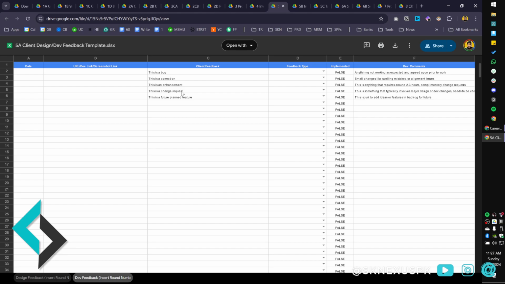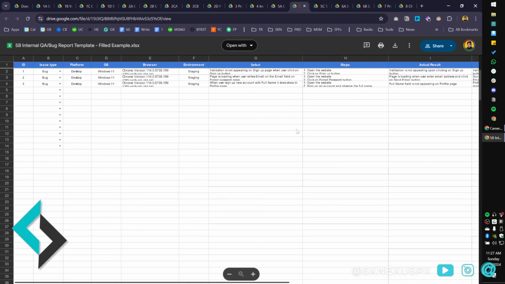So you have a track record of what kind of feedback you're working. If it's bugs mostly, yeah, then you have to solve it because bugs are always on you. But corrections and all this small stuff, you can do it for free for a while, but then you have to charge for them. I've defined each of these, what they mean over here. And again, if you need further help, you can always leave a comment on the video.